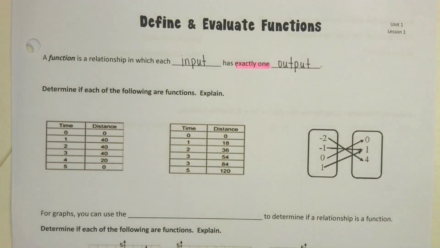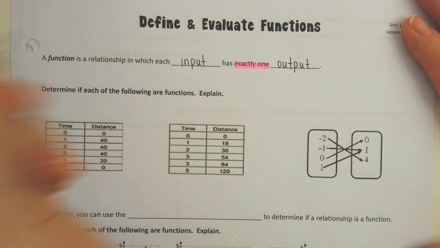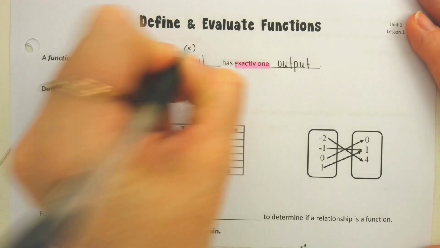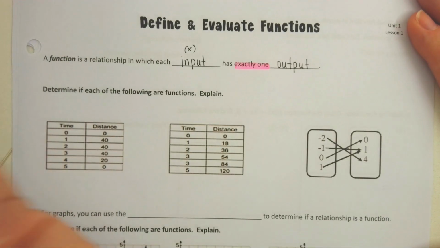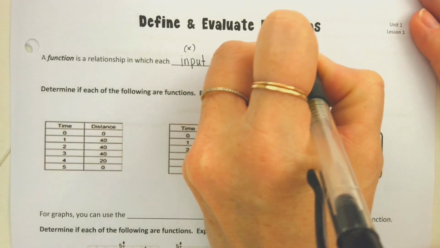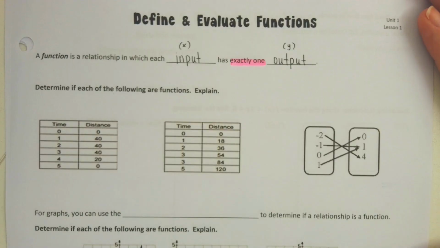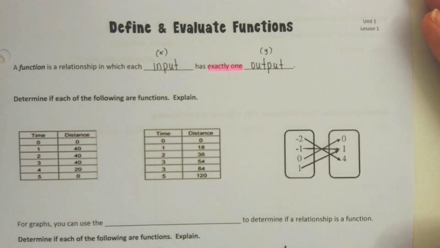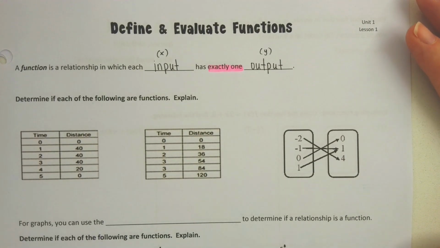So what that means is, when I say input, do you think X or Y? X, yes. Input is X. So that makes output the Y's. Very good. Okay. Now, what I do to help me remember what I'm looking for is I'm going to focus